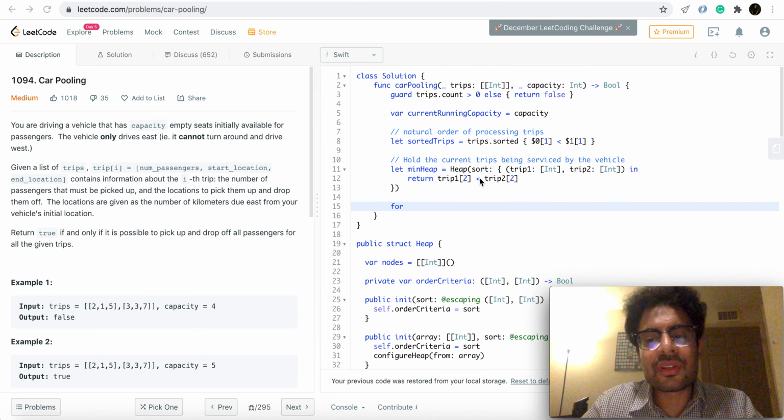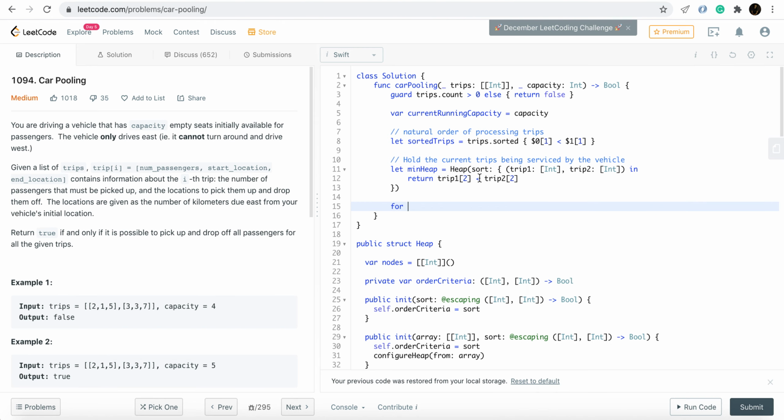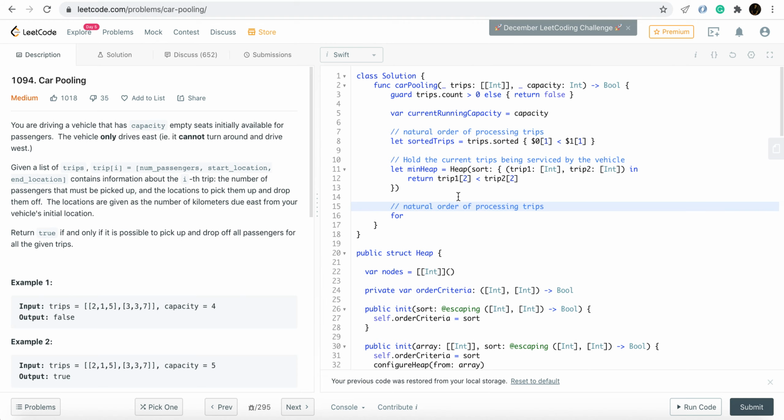Now moving on to the for loop that I was talking about. Actually, I should call this the natural order of processing trips. And I'll just call this sorting trips by start times. This comment applies more to the for loop, I feel. Current trip in sorted trips.